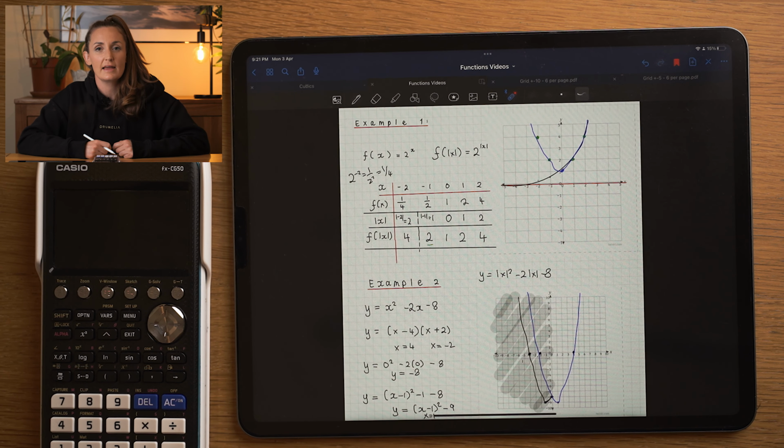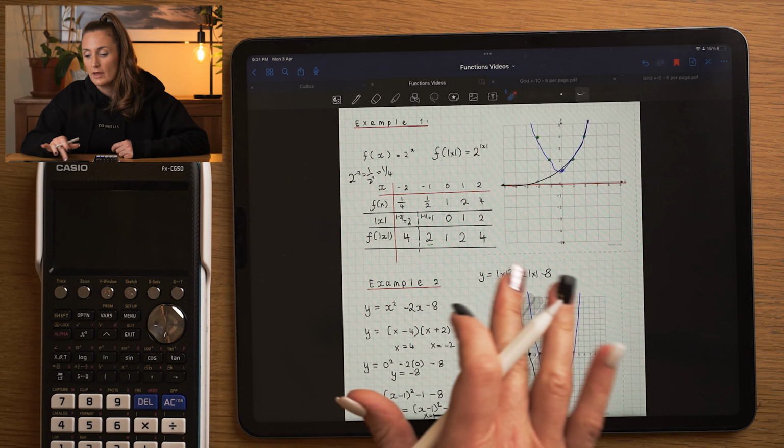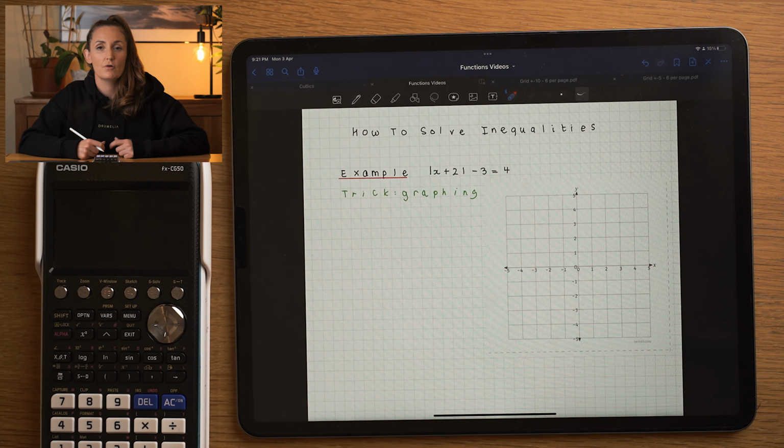What I'm going to do in the next video is look at how you can solve equations that involve absolute